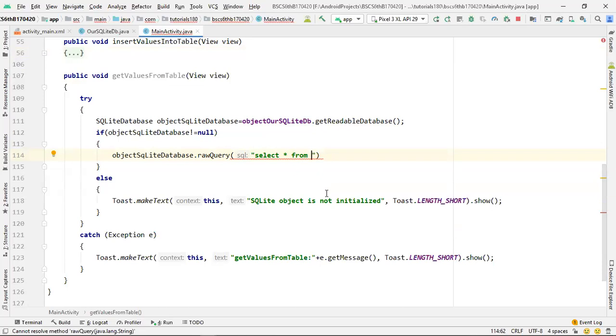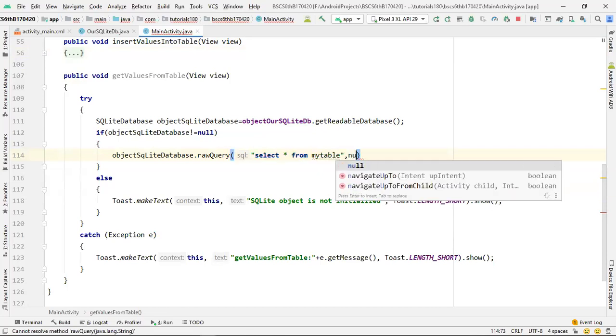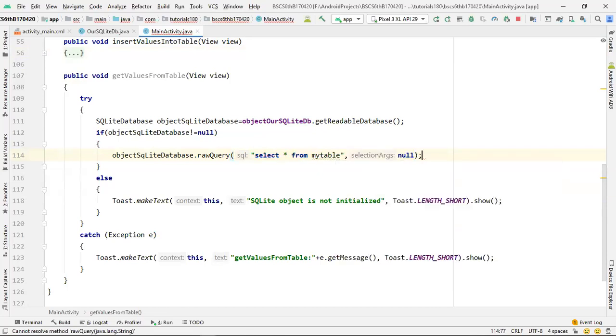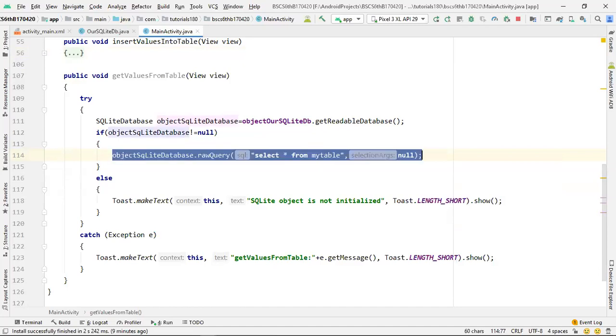So instead of copying and pasting the table name again and again, all you can do is just call that variable. Okay, so my table, and the second parameter that we need to pass is null. I'm not going to pass any selection argument on it. For that purpose, we will be having some other method. Okay, so this line of code is going to return us the values in the form of a class object